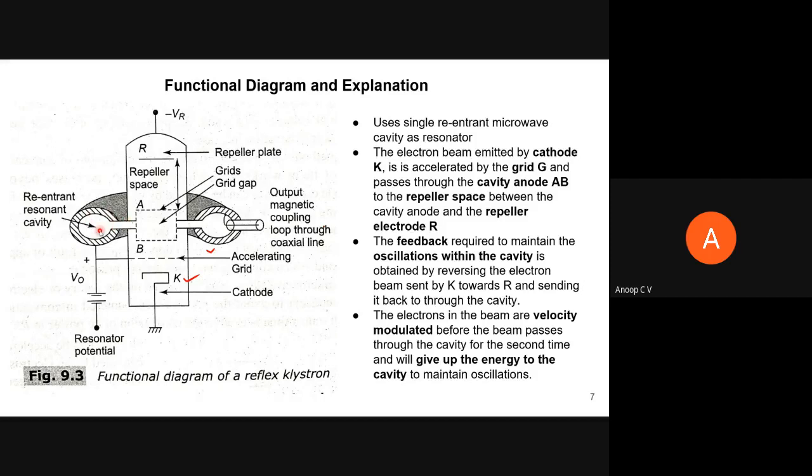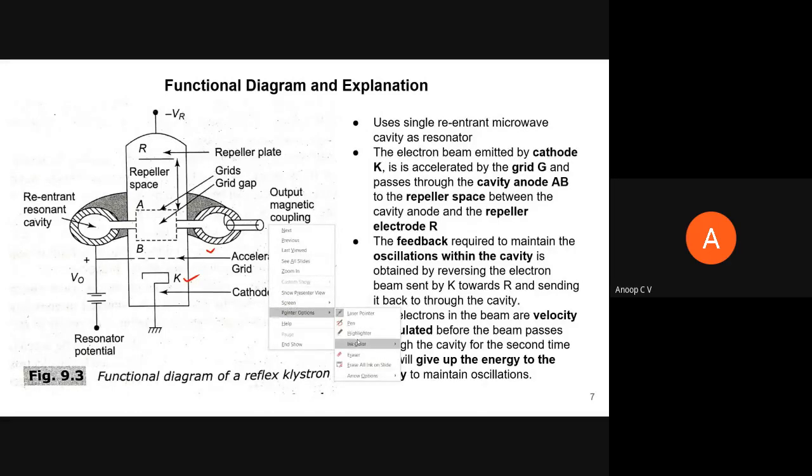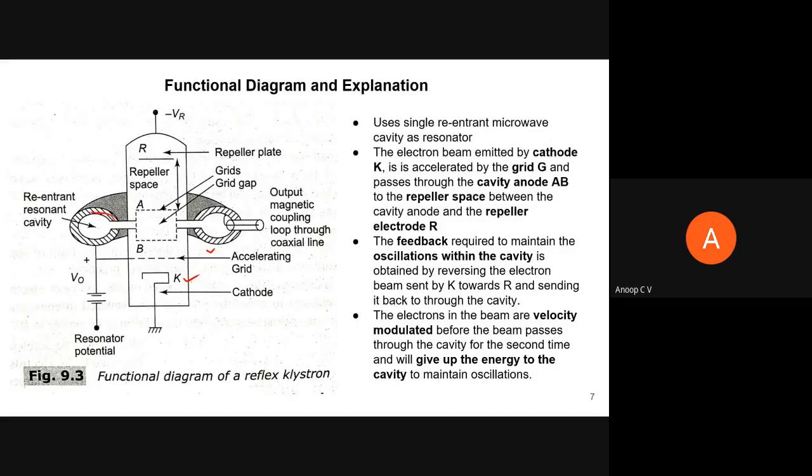You can see it's something like a continuous metallic toroid or whatever, right? It's a metallic resonant cavity, right? So maybe I can explain it in a slightly different way. This resonant cavity you can visualize as, suppose, you can see the structure, it's just a cross section, right? So it's like a wire and a capacitor. There is a wire, right, and a capacitor. So this wire will act as an inductance, and this capacitor will act as a capacitor.